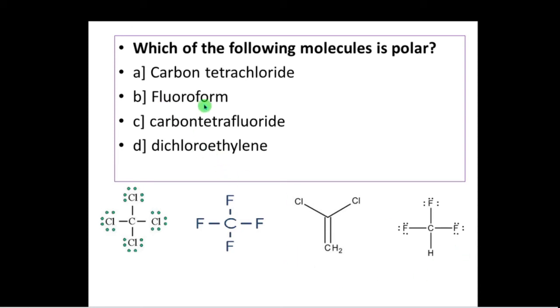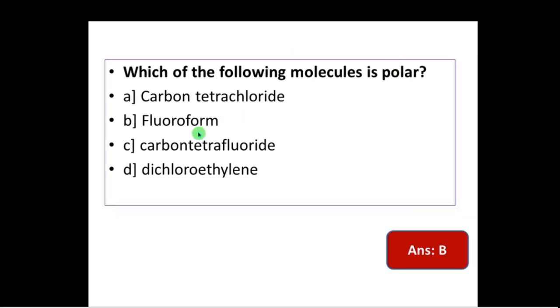Whereas fluoroform is nothing but CHF3. Here we have hydrogen, carbon, and fluorine. So the electronegativity is shifted, lesser electronegative and more electronegative, so the migration is towards this side, so this compound is polar. So among these options, B is the correct one, because fluoroform is the best one in the case of our option of interest.